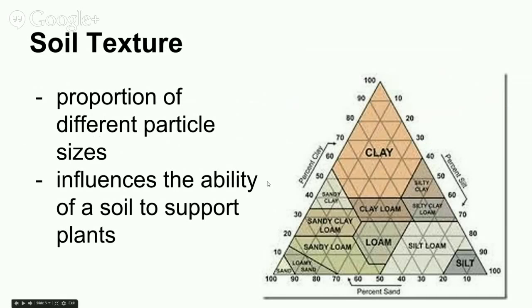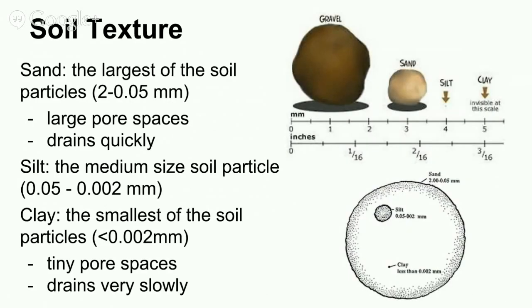So soil texture is the proportion of different particle sizes, and this greatly influences the ability of a soil to support plants. So we have 3 soil particles. We have sand, silt, and clay. Sand is the largest of the soil particles. It ranges from 2 millimeters down to